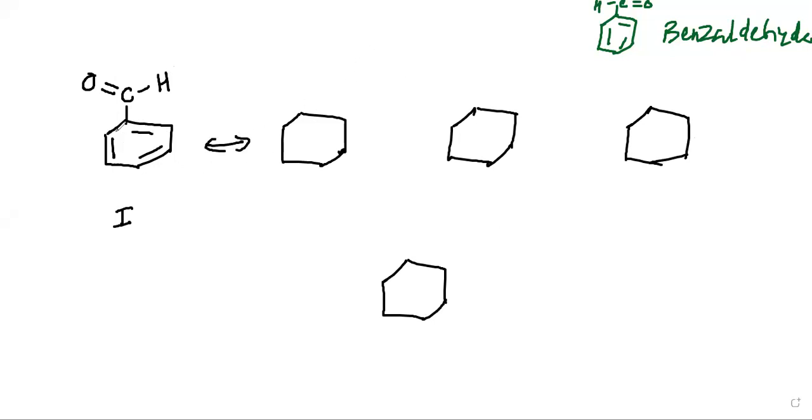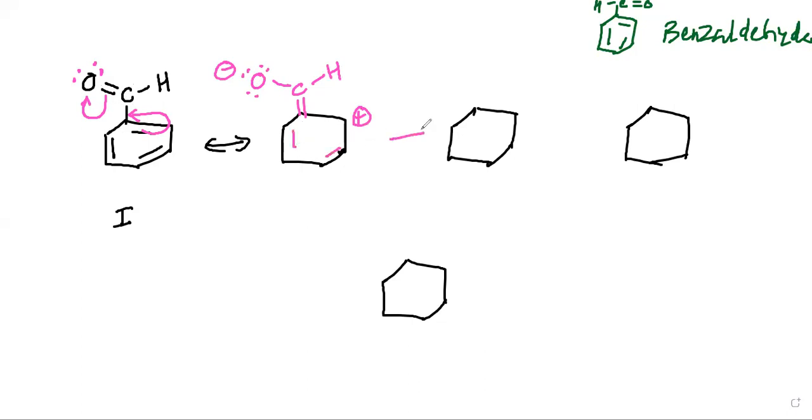Now we will show the movement of electrons toward oxygen. You can see that this oxygen has got 4 electrons on it. Now what happens? The electrons of the pi bond between carbon and oxygen go to the oxygen, and the electrons of the pi bond inside the benzene ring go between the ring carbon and the aldehyde carbon. Thus a double bond is created here, and you have oxygen with 6 electrons as lone pairs and a negative charge on it. There is no change in the bond between carbon and hydrogen, but there is a positive charge generated on the